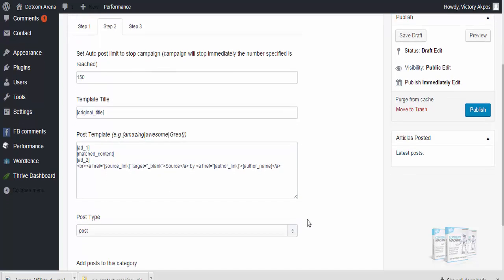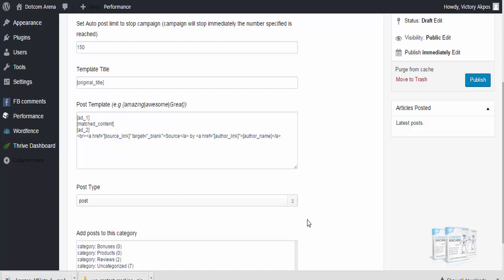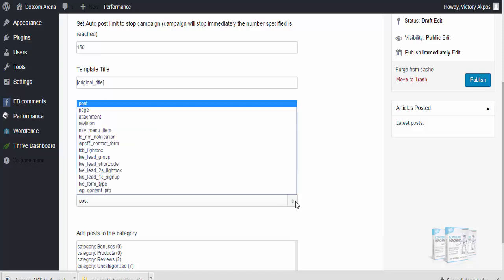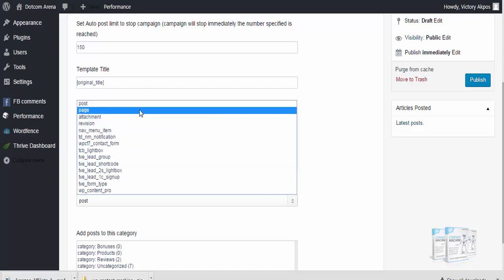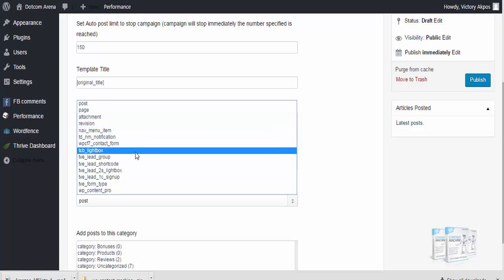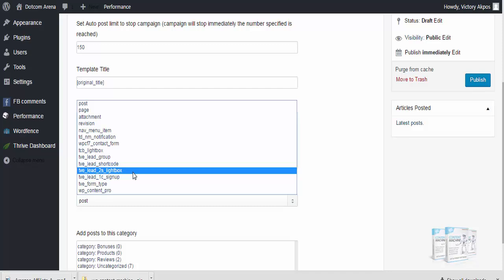Next, we are going to look at the post type. Here you can set the type of post you want. Now for this particular campaign, when this blog post is imported, what kind of post do you want it to be? Do you want it to be a post or a page? You can select it, maybe a post or a page. And you can also select custom post types. So you have different custom post types on your blog. They are going to show you, and you can select the kind of custom post type you want to use